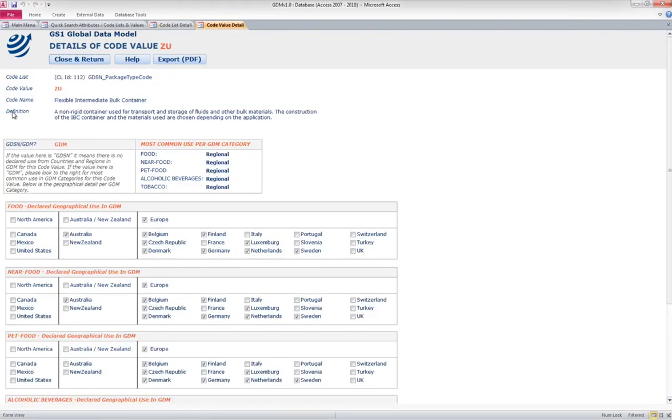Clicking on any part of a code value brings me to the detail of code value ZU, the one I clicked on. ZU being flexible intermediate bulk container with a definition. Here it says GDM, and you can see the most common use for GDM category is, for all 5 of them, regional. Now, when we look at food,